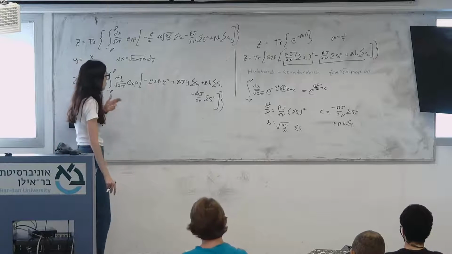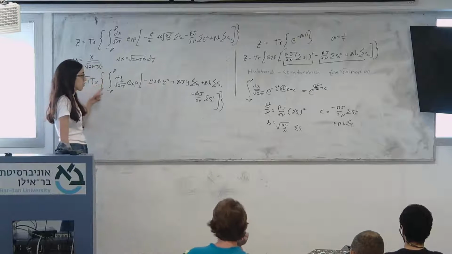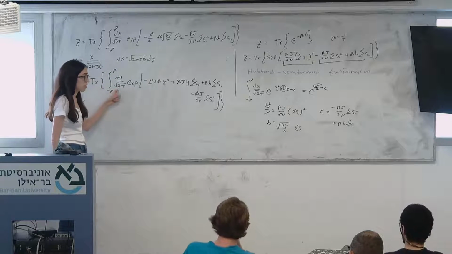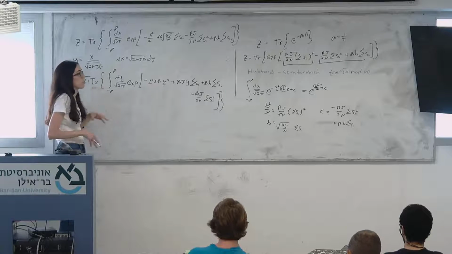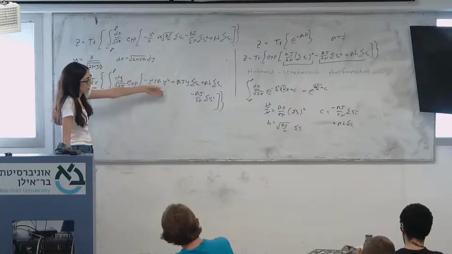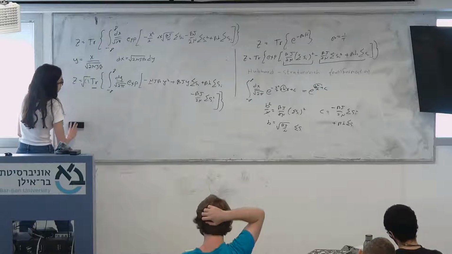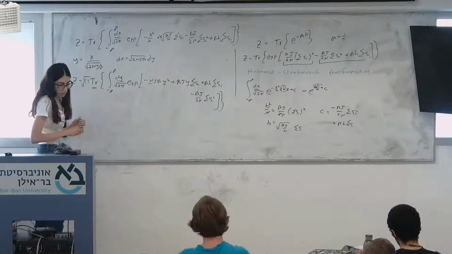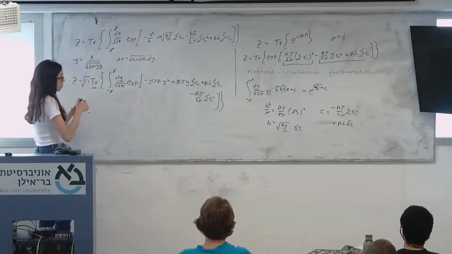Okay, so now we want to do two things: one is to find the trace, and the other is to find the solution of the integral. First of all, we want to find the trace, because the whole reason we wrote this integral is so we can find the trace. If we solve the integral first, we go back to where we were before. So maybe I change color. So we want to find